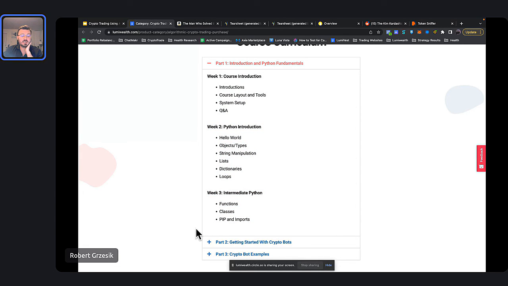And then I actually need to update this. We actually go through how to install Lumibot on your computer. And hopefully, by the end of week 3 or day 3, you will actually be running bots on your computer that are trading. So that will be by the end of week 3.